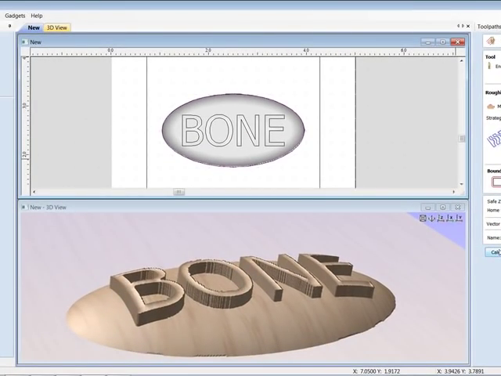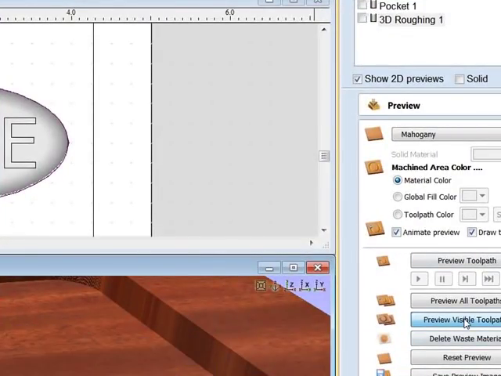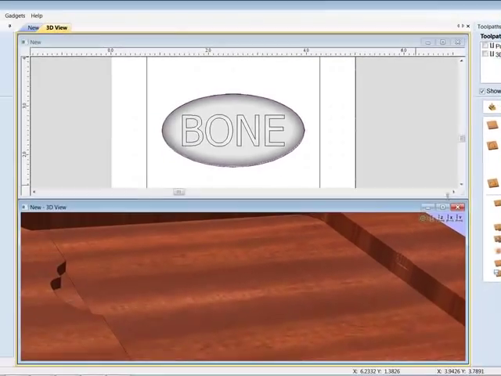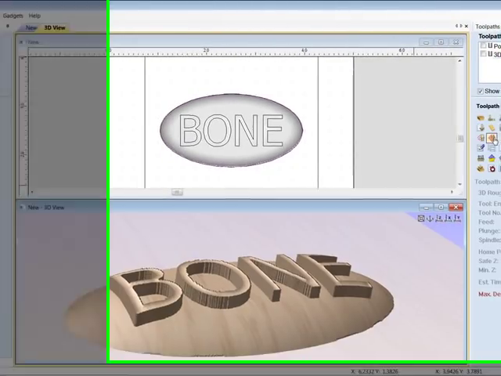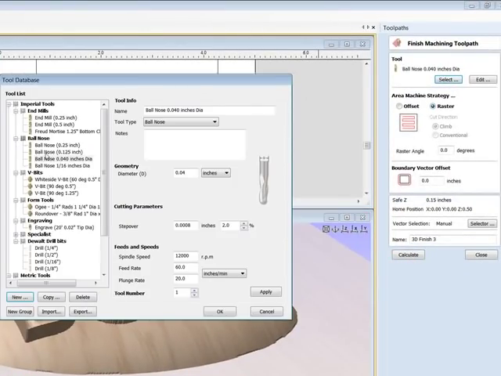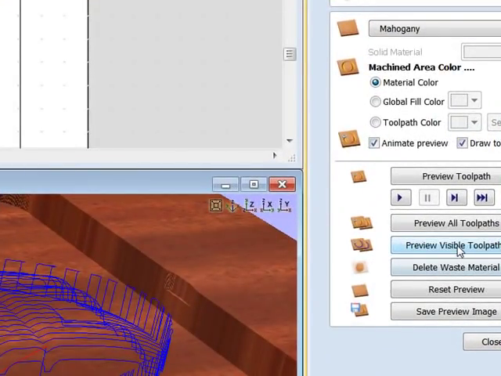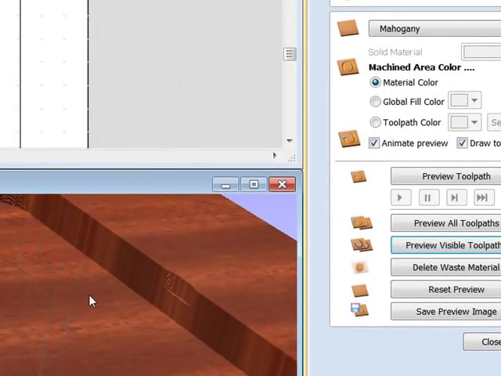Let's mill it out of a 1/4 inch end mill. Okay, we've got that. Let's preview the visible toolpath. Okay, that was the roughing. And then let's go back and create the finishing toolpath with a 1/4 inch ball nose. And I might have jacked it. I'm still kind of learning this thing, but I might have jacked it up of saying that the modeling plane